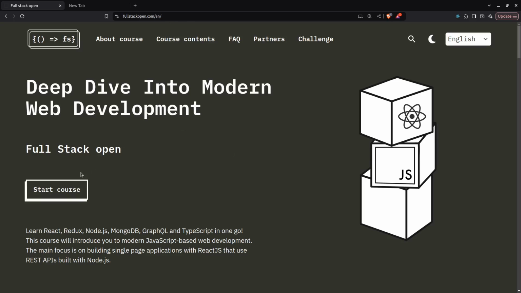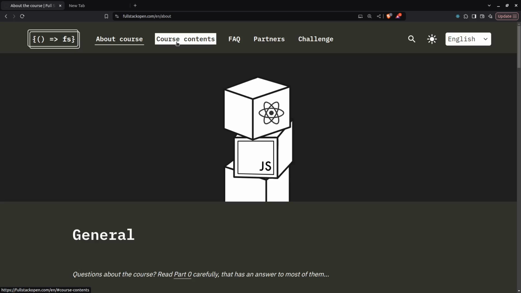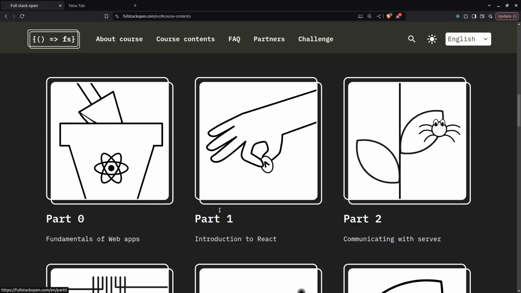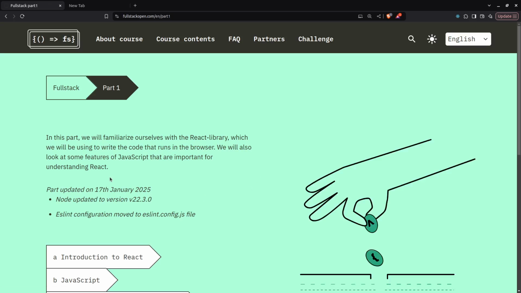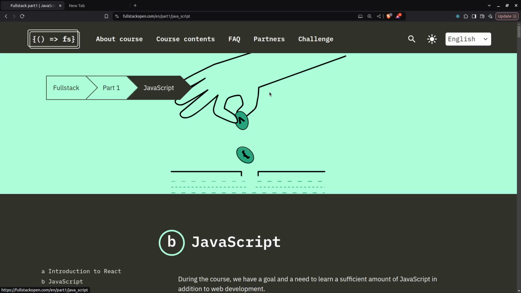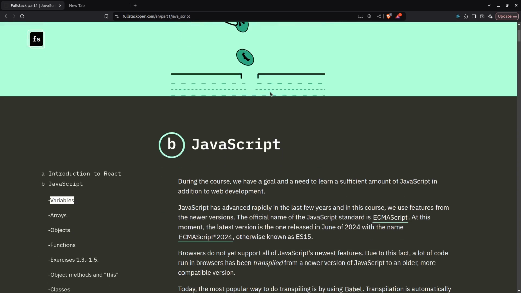Hi everyone, today we will start from where we left off yesterday. We were on part 1, intro to React, and today we'll start with JavaScript. So JavaScript is basically a programming language, a scripting language also,